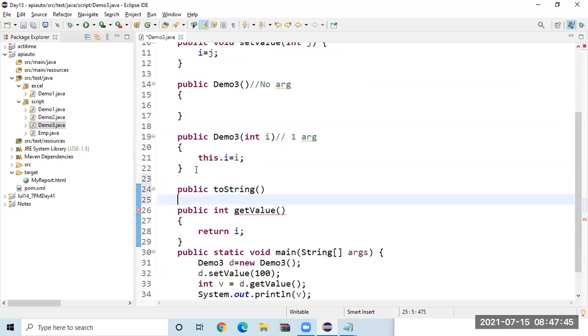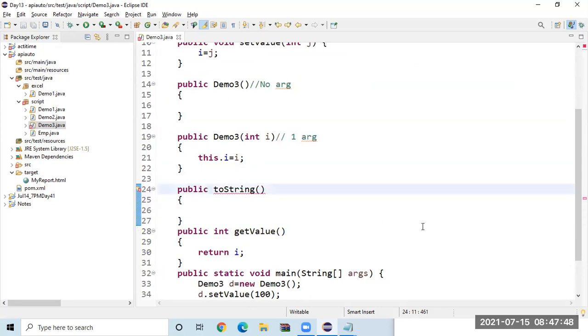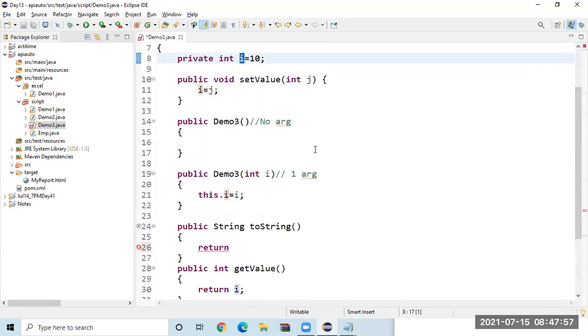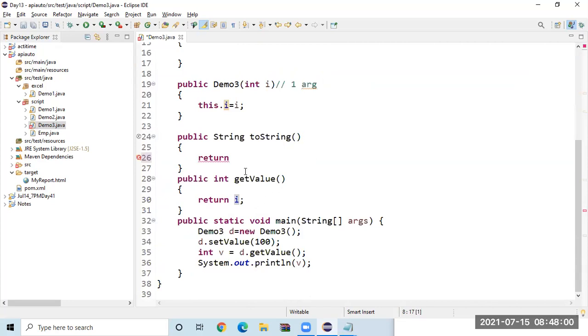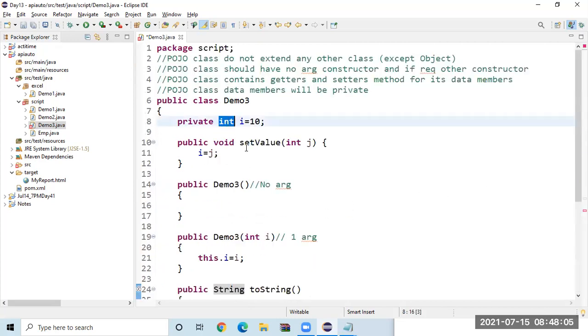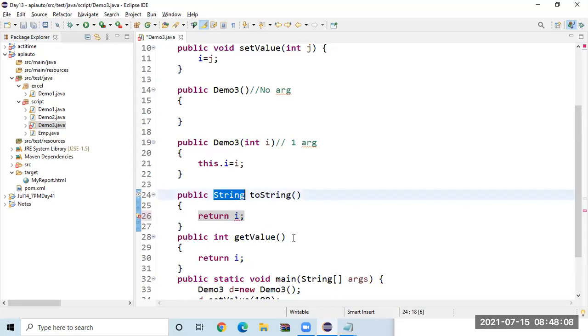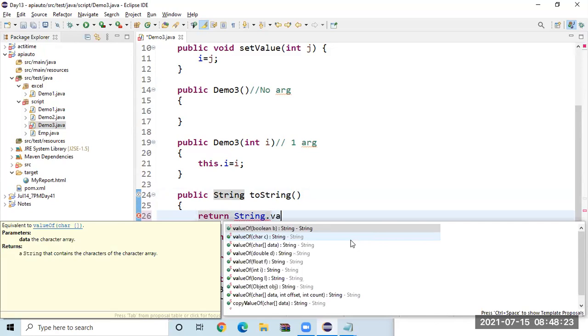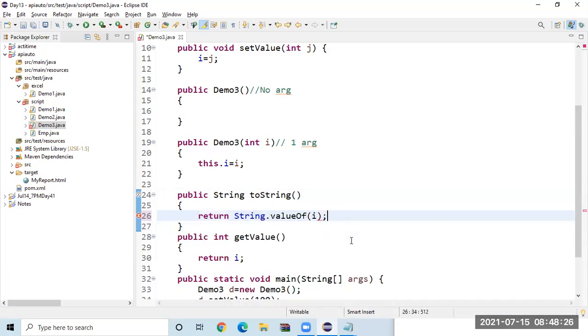And let me have it here. Public String toString. And in this example, I will say return. I want to return the i value. Tell me how to return the i value. When I say return i, I'll get a problem. Why? i is which data type? Integer. But toString should return a String. What shall I do? Dot toString. i is a primitive type, no, we cannot use it. The official way is to use the class String.valueOf(i). This is the actual way of doing it.